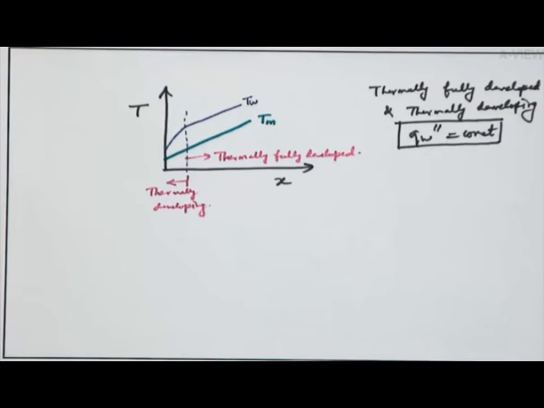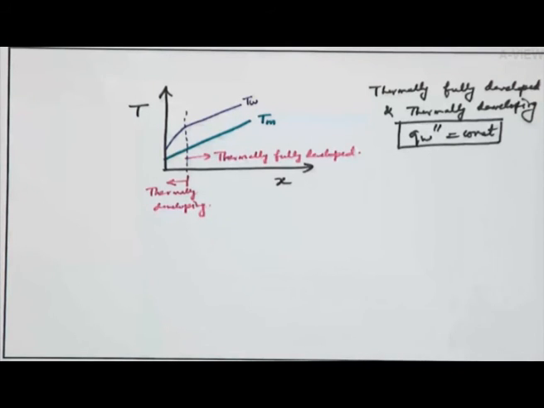So, let us come to an end of today's session. In today's session we started discussing external forced convection, order of magnitude analysis for thermal boundary layer over a flat plate with Prandtl number much less than 1 and Prandtl number much greater than 1. We also derived the energy integral method and worked out an example where we found out the Nusselt number as a function of Reynolds number and Prandtl number using the energy integral method.